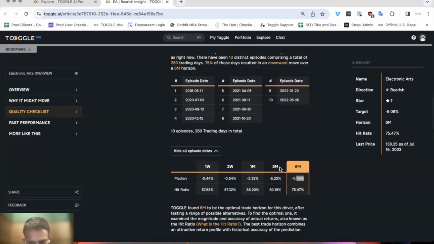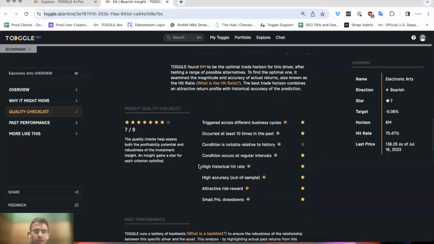Am I willing to hold that position for 3 extra months for shy of a percent? Maybe not. So maybe you want to select 3 months in this case rather than 6 months. These are the 8 conditions we backtest all our insights against. At least 5 of them need to be met in order for them to be shown on the platform as a 5-star insight. In this case, 7 of these were met, hence why the system gave it a 7 out